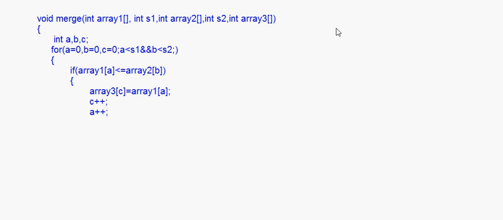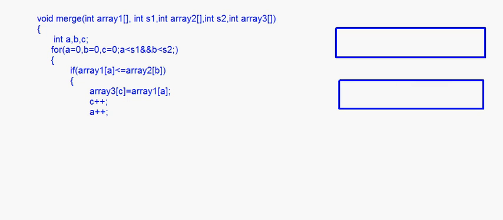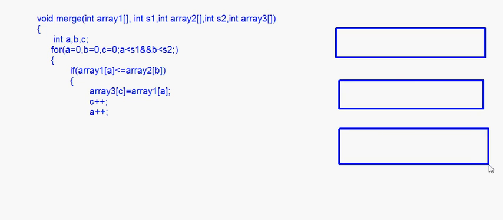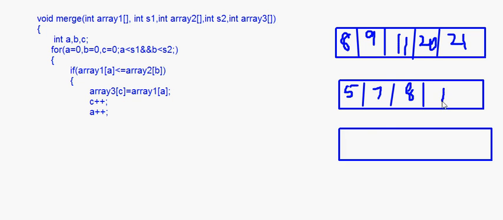If you look at the last video, it will become clear, wherein I have explained everything clearly. Now suppose I have something like this. Just quickly I'll put something here so that you can refer to this. Let's say we have some elements in ascending order: 5, 7, 8, 10, and this is your final array here.